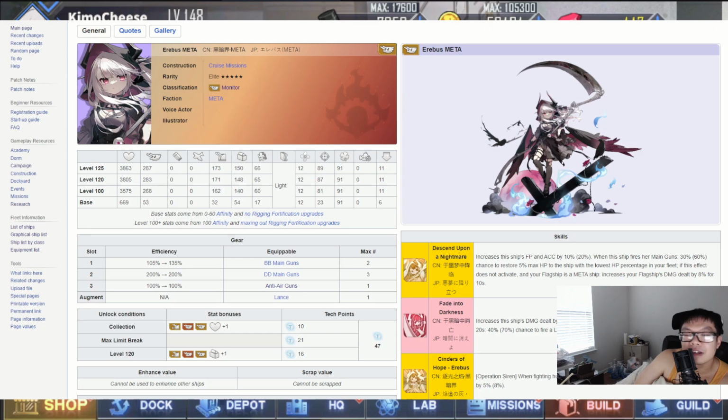to max out. But man, she's been around with me for so long now, since level 70, zero limit break for so long. I might as well just get another one just to max it out. But I haven't seen another one drop yet, so maybe I gotta go farm one or something. But we'll see. Anyways, though, Erebus meta is this cruise pass meta ship, and the stats we have are 120,